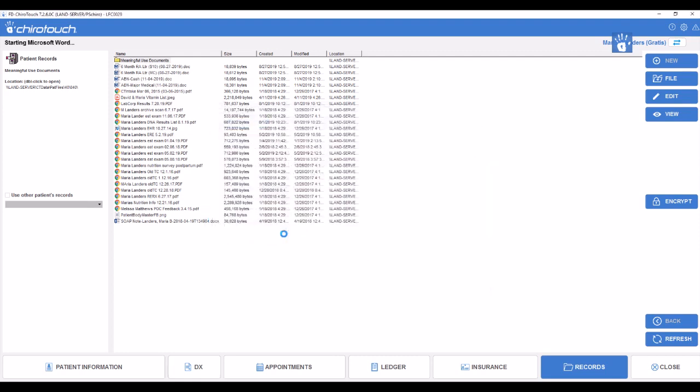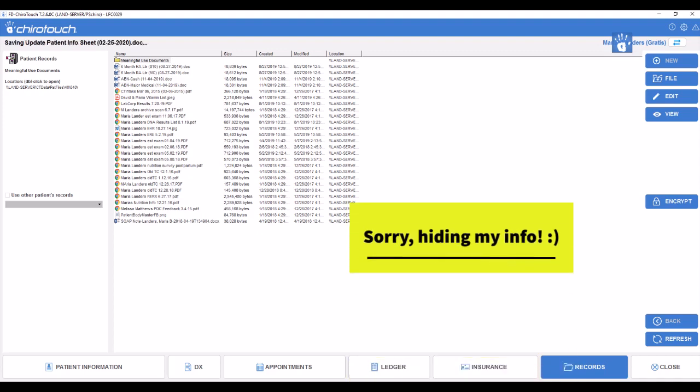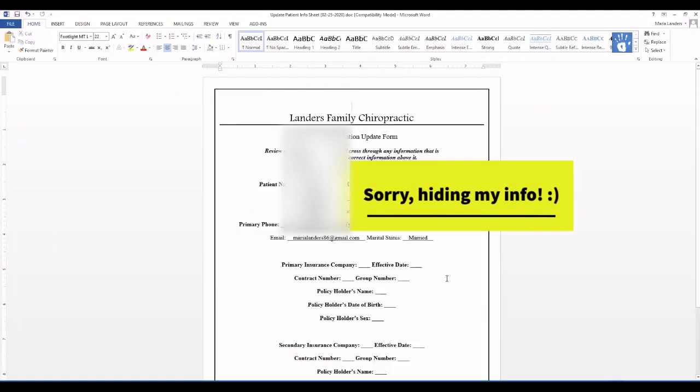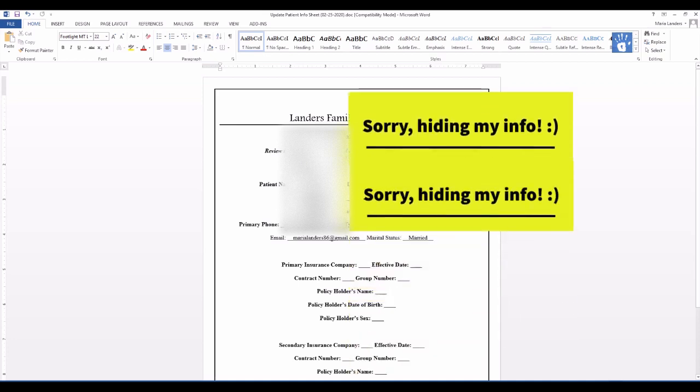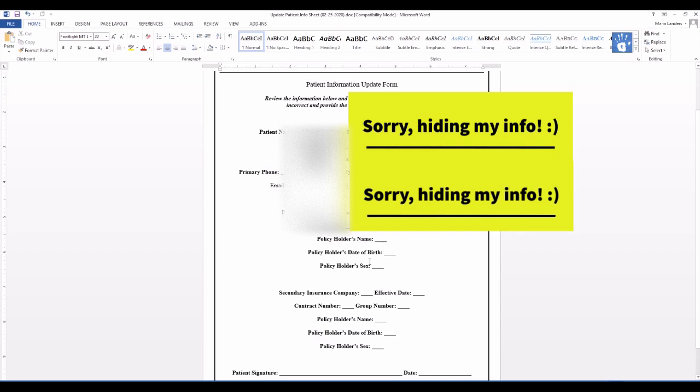So I'll double click on it. I want to show you what it looks like. It takes just a second to pop up here. Okay, so as you can see, this is a Word document, and it pulled my name, my birthday, all my information. I obviously don't have an insurance policy in my system, but if I did, it would have inserted that